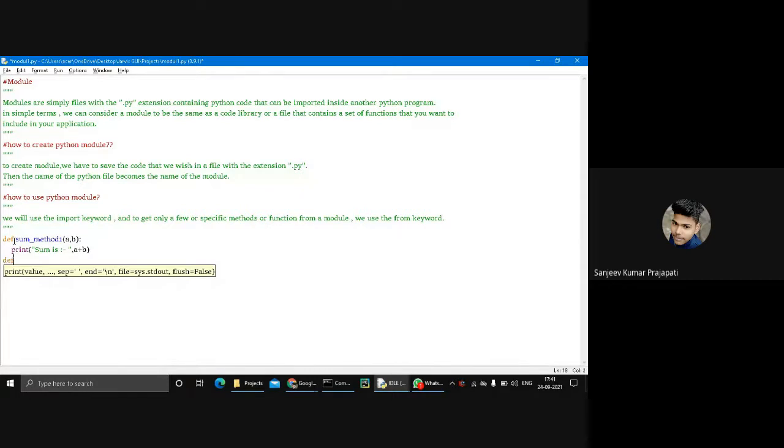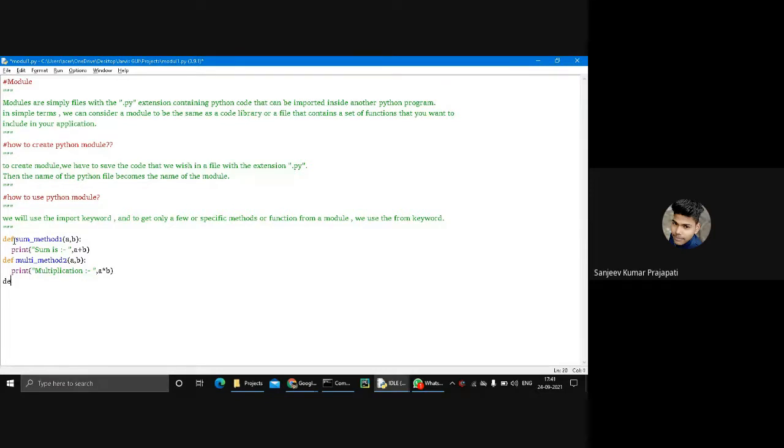Now I'm creating another function, multi, method 2. Again it takes two arguments a and b, and prints multiplication, a multiplied by b.